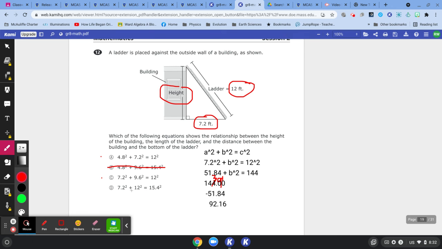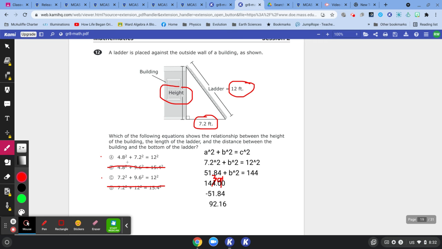This one has a 7.2 squared, but fell into the trap of robotically treating the two numbers as A and B. The longer side has to be C. So let's cross that out because it put 12 squared in for C. So now all we have to do is figure out, is the height 4.8 or is it 9.6? Are we doing 4.8 squared or 9.6 squared? So which one of those is going to equal